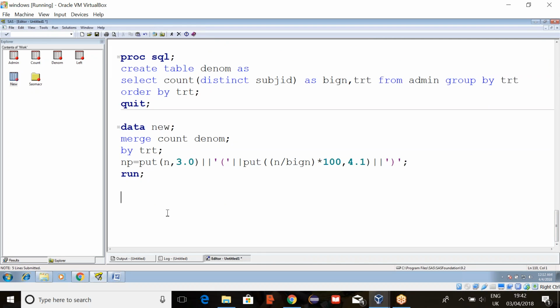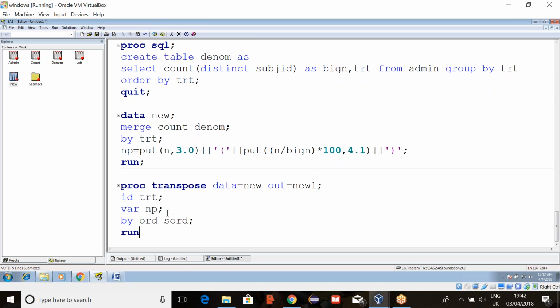Proc transpose data equals to the dataset name, new. Out equals to new one. Your ID variable will be treatment and your analysis variable is var, and remaining variables like order and suborder also we want, so take them.